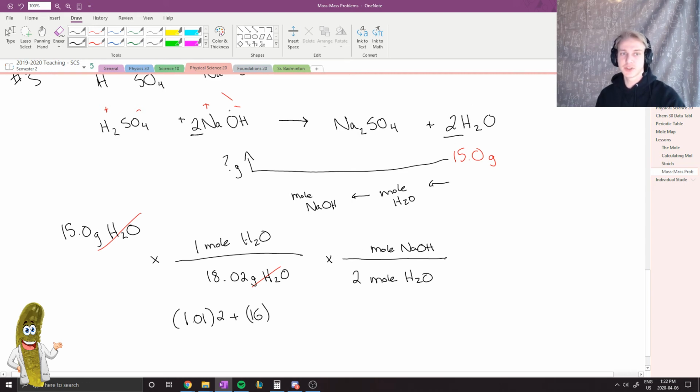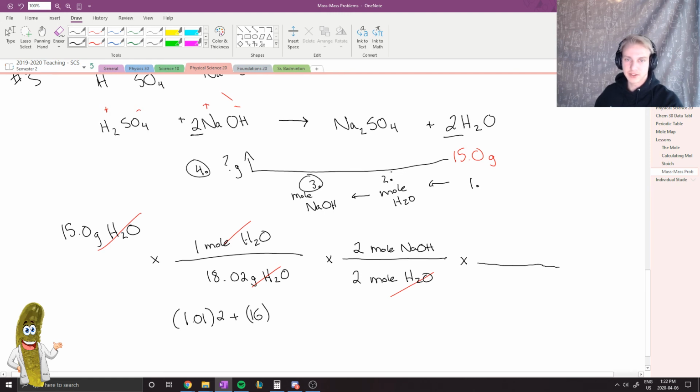And I also know that I need at least 2 moles of the NaOH. So now we have gotten out of moles of H2O, and we have gotten into moles of NaOH. And the last step that we were asked is to find what mass of NaOH was used. So this is our first step, here's our second step, here's our third step, and our fourth step then